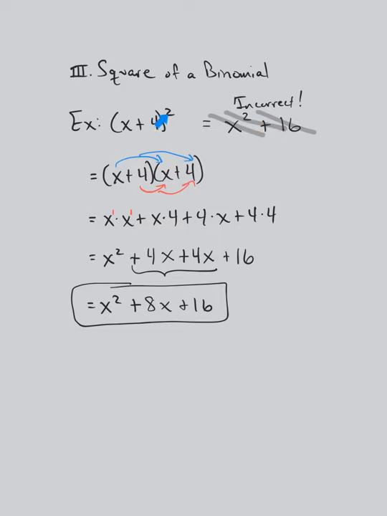That to square something means to multiply it by itself. Also, you might end up sometime later in math, depending on where you go, you might have to square a trinomial or something even longer. In that case, the formula I'm about to show you doesn't even work, okay? But